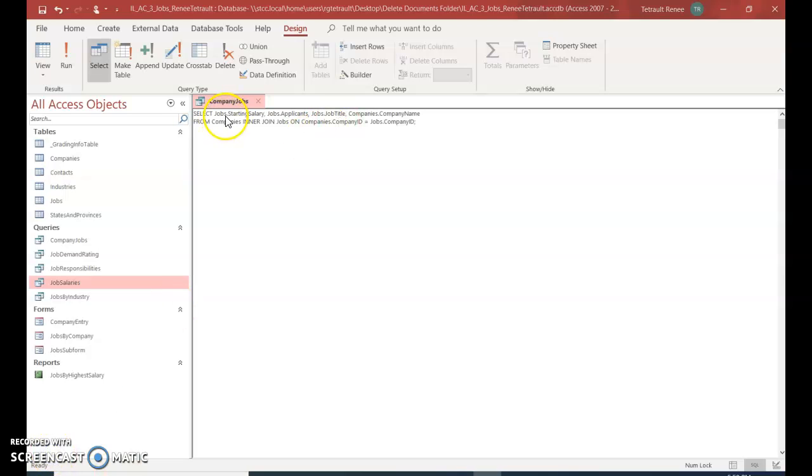So jobs stands for the table, and then you have your dot, and then starting salary is the name of that column title. And then this one is jobs from the jobs table, and the column title was called applicants, and so forth. So the first one indicates the table, the second one indicates the column title. The next one was from the table called companies, and the column title was called company